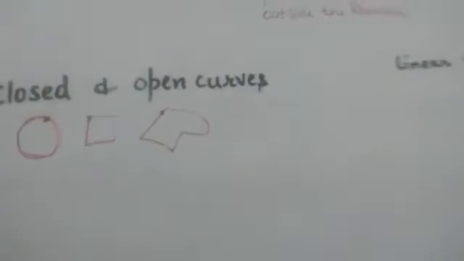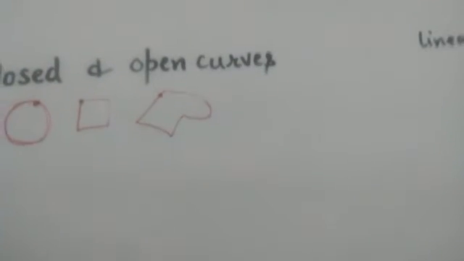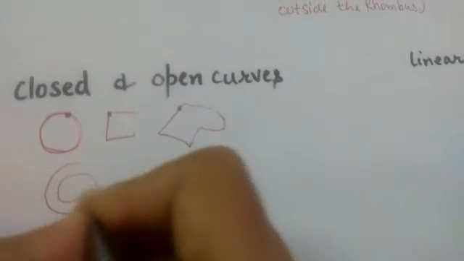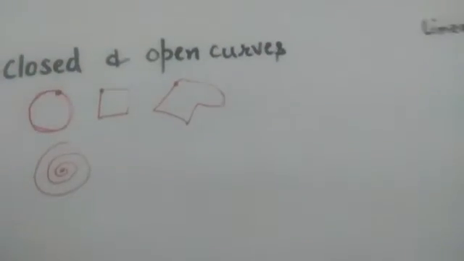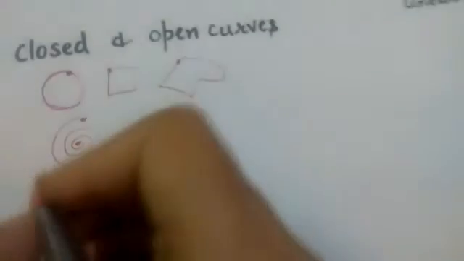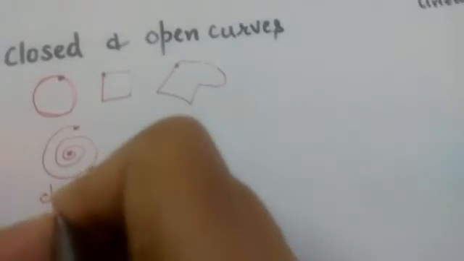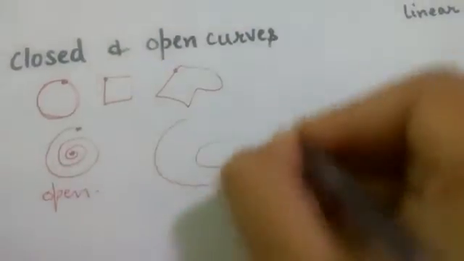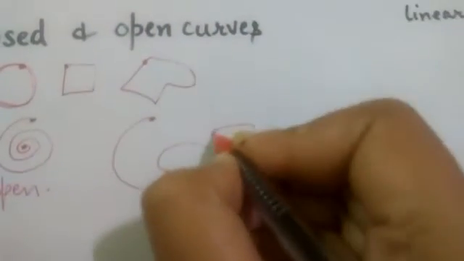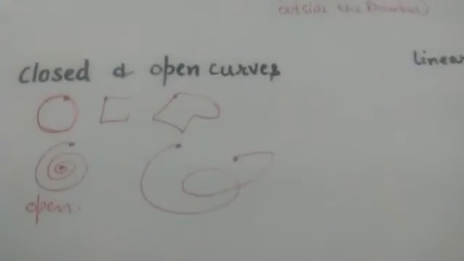Okay. Now what is an open figure? Opposite. If the starting point and the ending point are not same, that is an open figure. So let us say I am drawing one of this type. Now see, its starting point is this, its ending point is this. So that means it is not closed, that is open. Very easy. Anything means anything. Let us say this is the figure. Here the starting point is this, ending point is this. So that means that is an open figure. I hope you are clear on this concept.